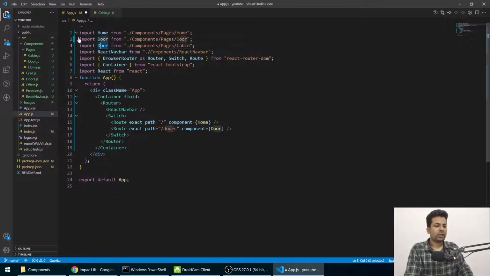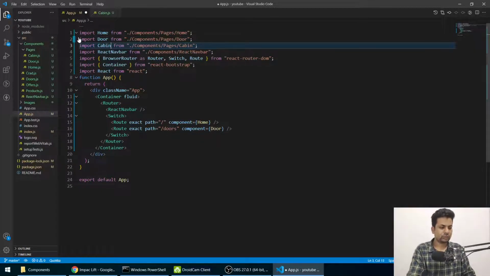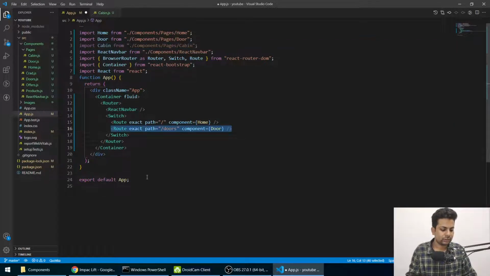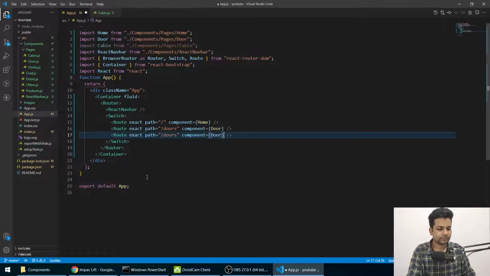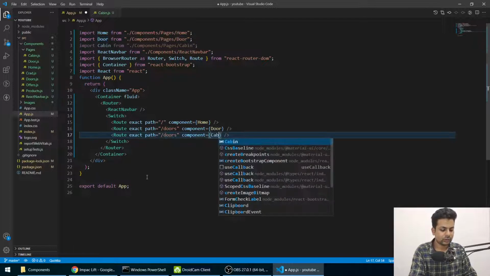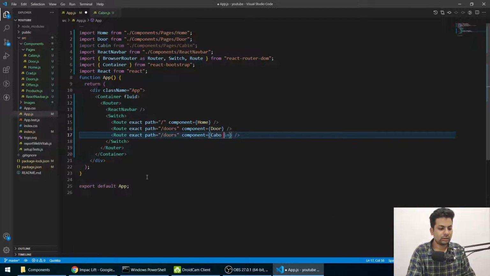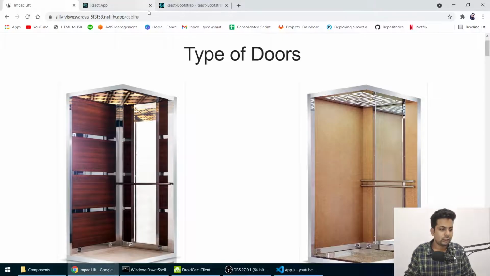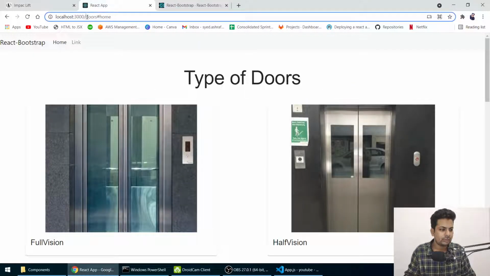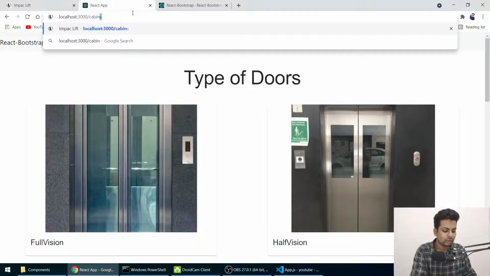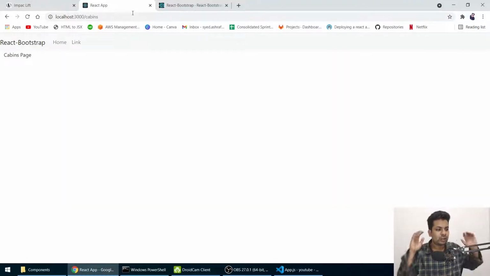We are exporting cabin also, and we'll just make a route of it. Control C. We'll say cabin, and here we'll say cabins. Okay, now if we go here and type slash cabins, boom guys, cabins is worked.